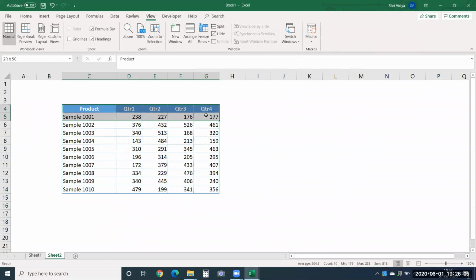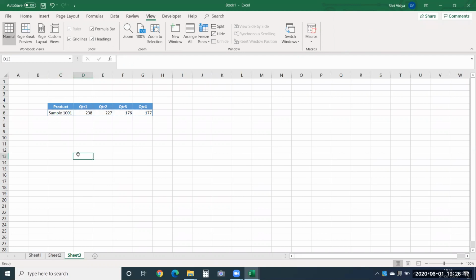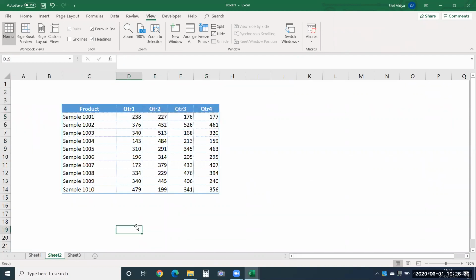So I'll make a copy of this. I'll copy this and I'll put it in the next sheet. This is a reference sheet, you can say. Now here it is getting pasted, let's say. Now as I said, the macro should work only when I click within these cells, only when I choose the product. It should not work when I click anywhere in the quarters column. It should not work for that. And whichever product I choose, only that product should be highlighted. That is, the entire row of that product should be highlighted for me.